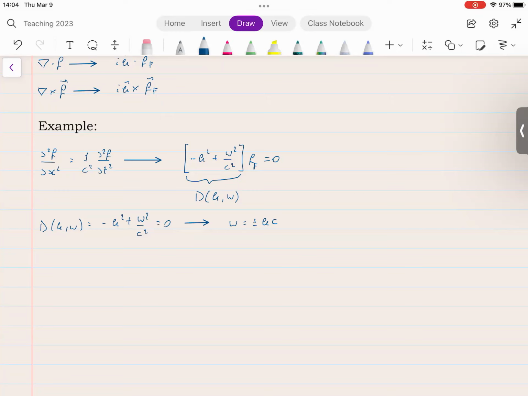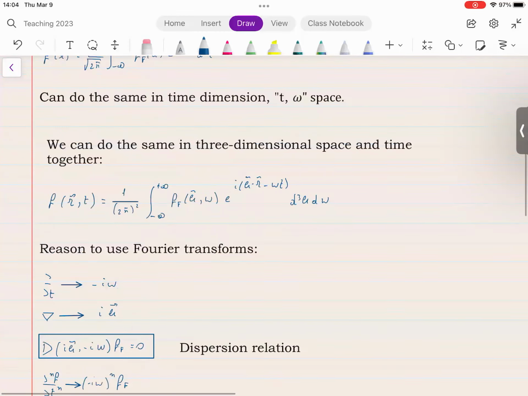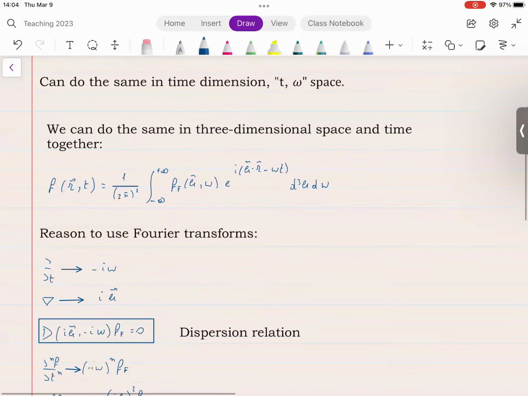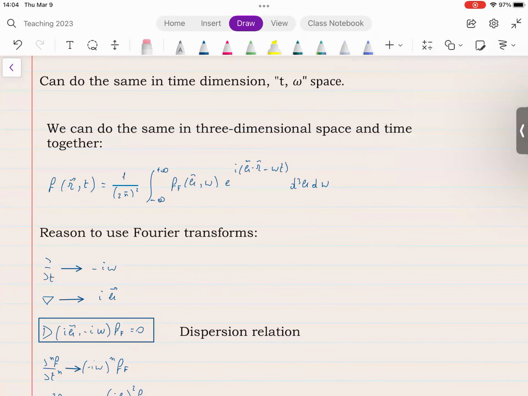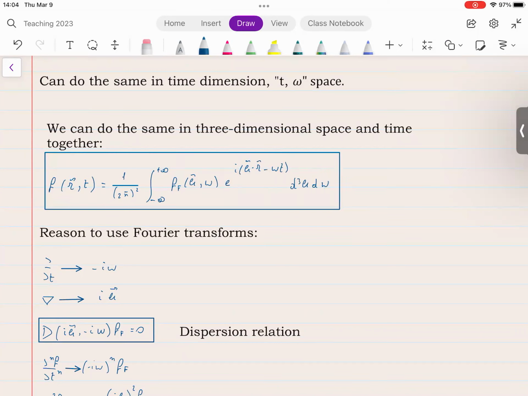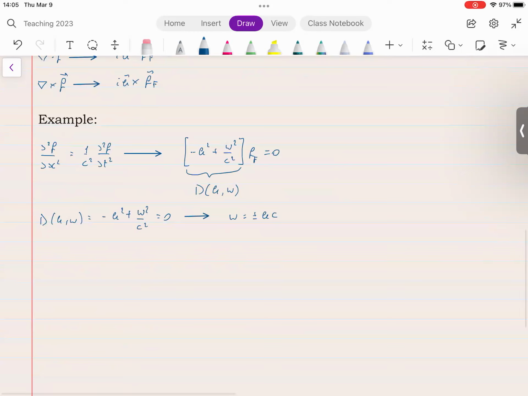Then once we have this relation, we can go back to our inverse Fourier transform defined here. Maybe I can put a little box around it and replace omega with the omega function of k that we obtained from the dispersion relation. And then I only have to integrate in d3k, because the integral in the omega is trivial. Nothing depends on omega. So I solve for omega as a function of k. And I can write my solution